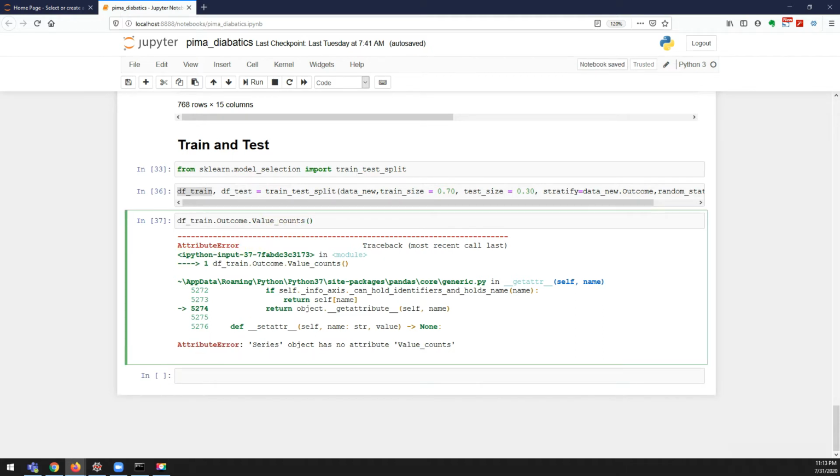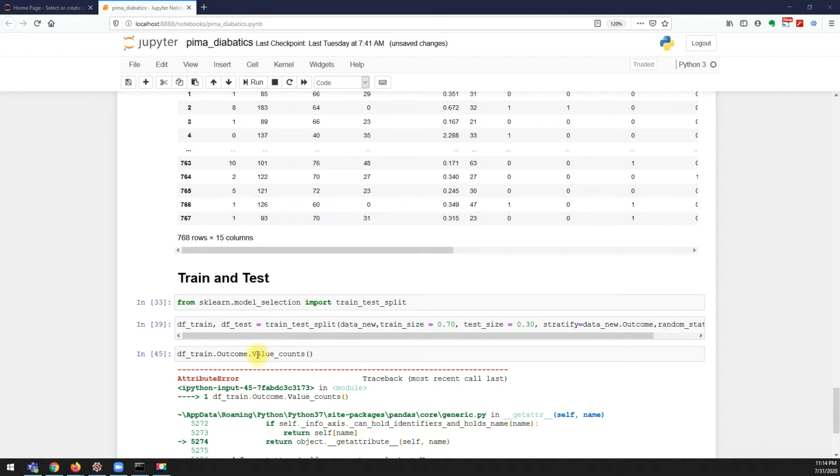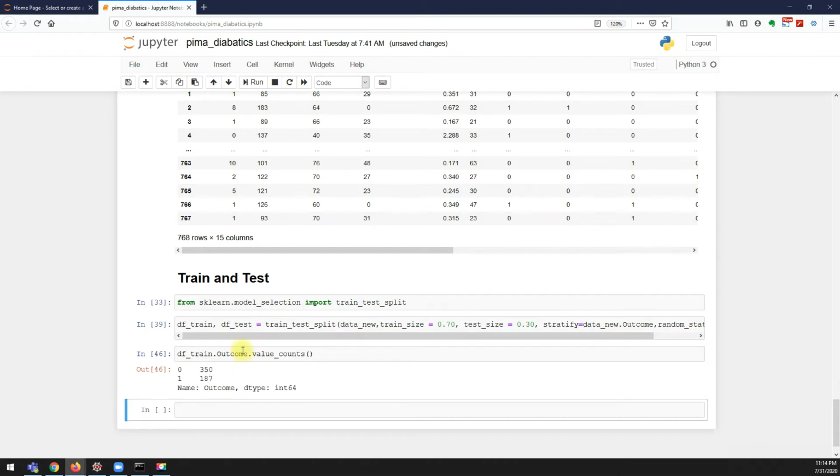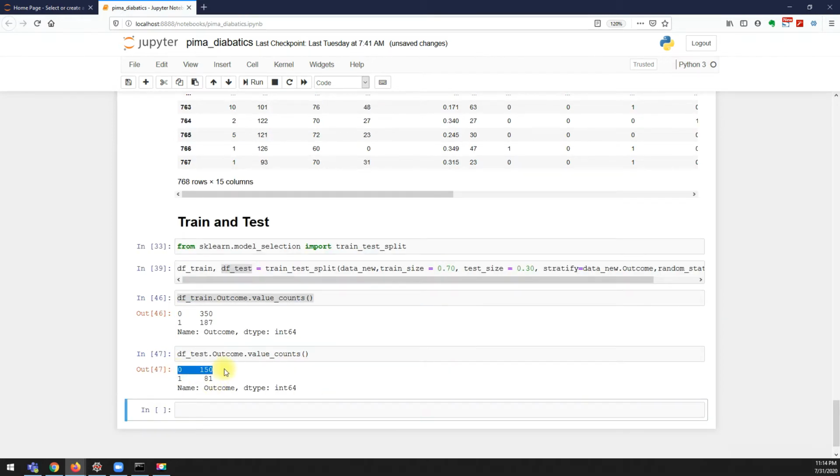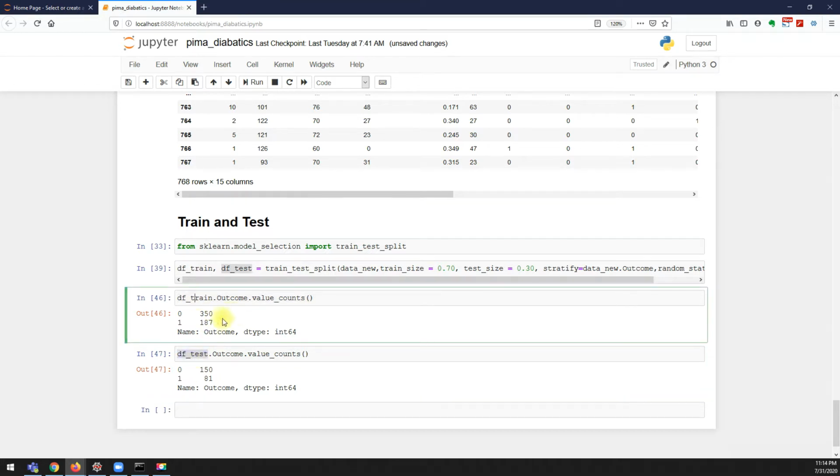What happened? My bad, it should be a small letter v. Now we'll also see the test set. So we have 150 records which fall under 0 and 81 records which fall under 1 in the test data, and similarly in the train data we have 350 records under 0 and 187 records under 1.